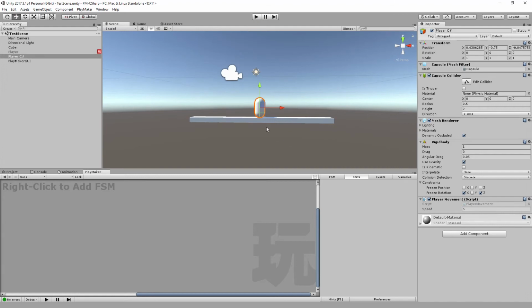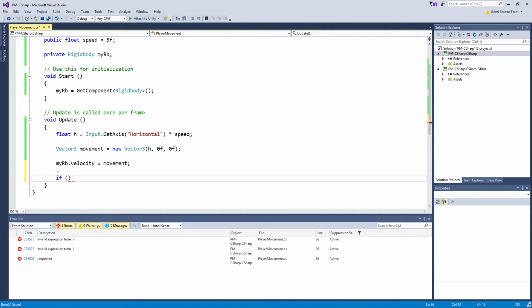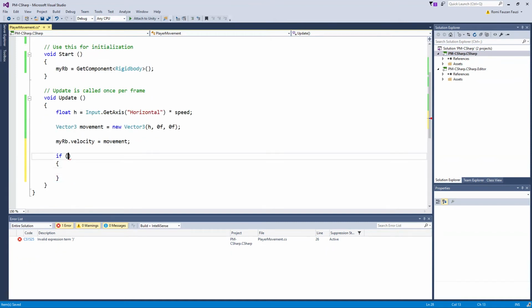Now we need to create a jumping effect. So let's do the jumping, and for jumping we need to use an if statement. An if statement basically checks whatever condition is inside the parentheses, and if it's true, it will execute the code inside here. So in order to use this, I'm going to use input again, but using GetButtonDown, and then I'm going to insert a string in the parentheses,